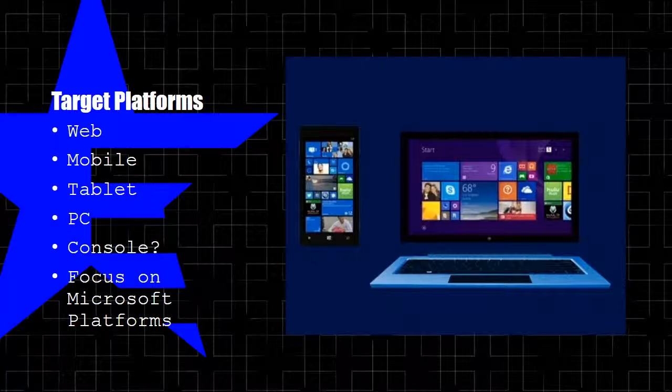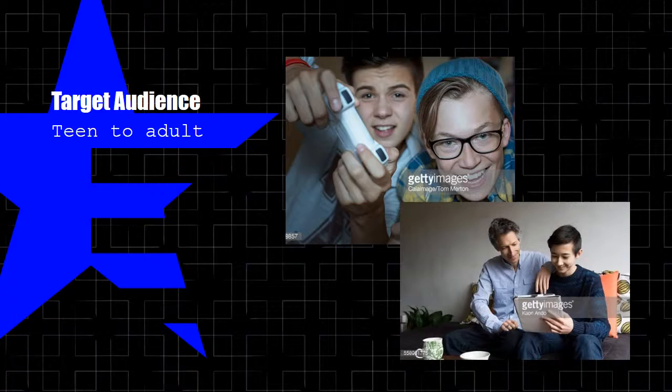It will be available on the web and not the complete game, and actually right now there is the alpha version up on the web, which I'll get to in a bit as well.